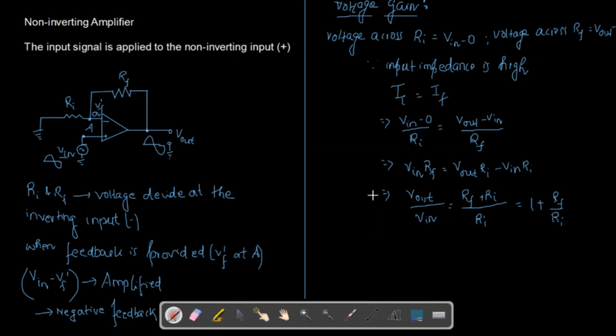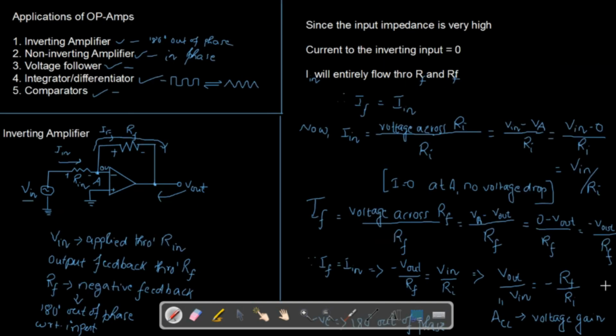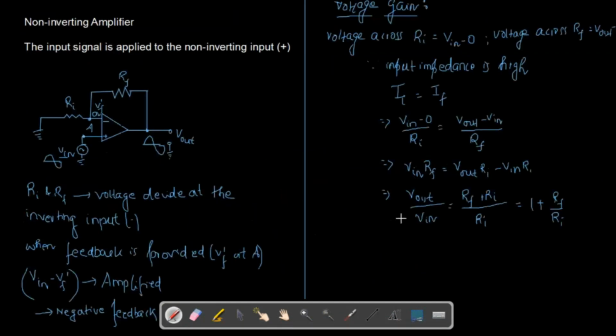Let's get back to the previous slide and try to see the difference here. See, what we have here is not this. What we have here is minus Rf by Ri. And why does that happen? Because there is a voltage drop from Vin minus Vout, If, and that's why we have a negative sign here. On the non-inverting terminal, however, it will be nothing but Vout minus Vin. So it's not that it's 0. Just look into the circuit and you will understand it, and check the difference.